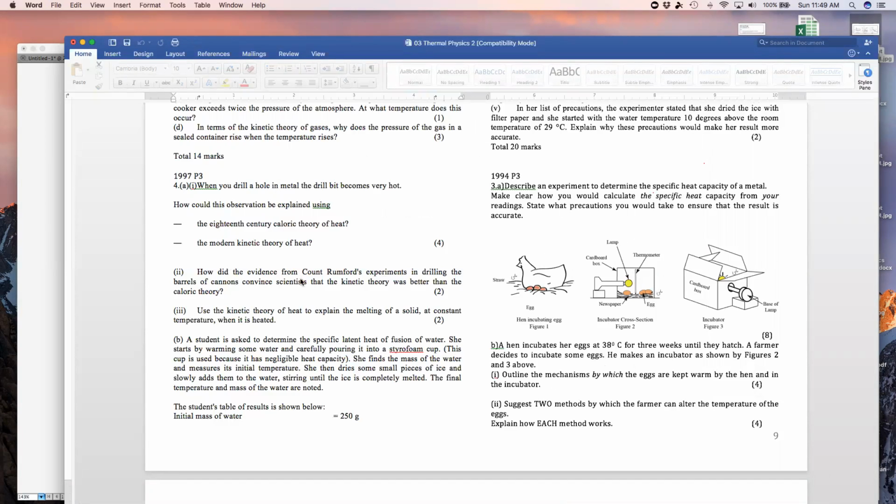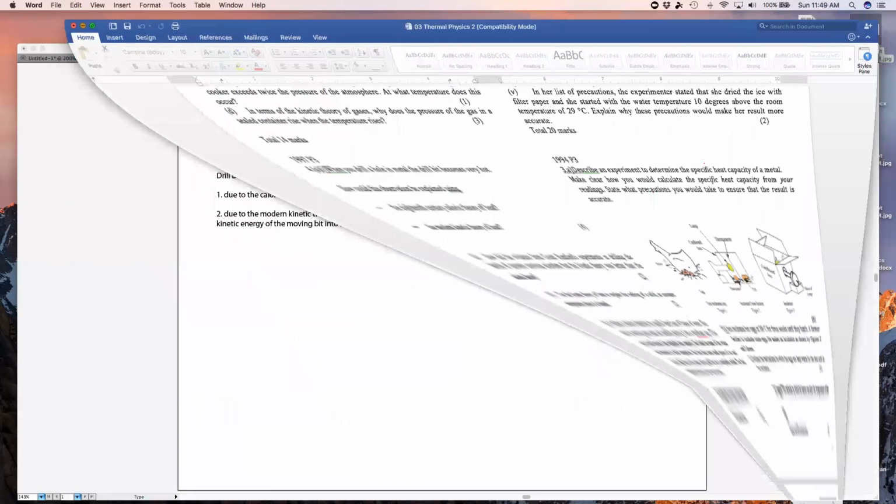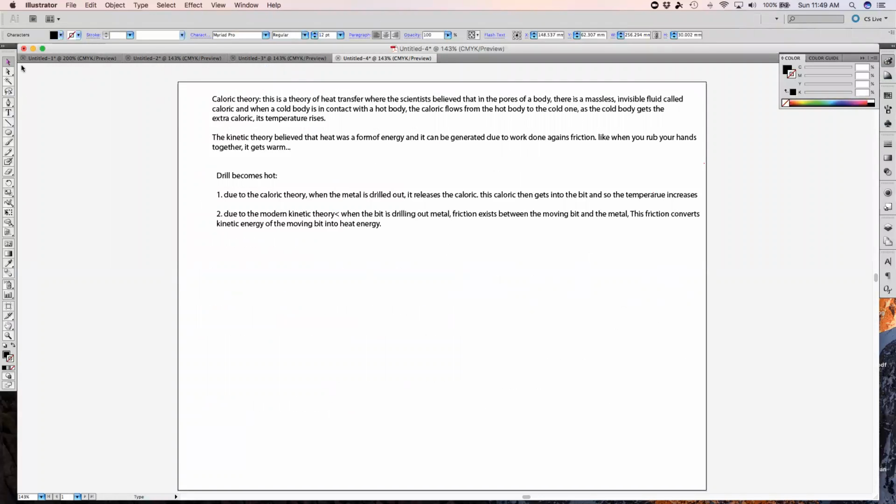So that's how did the evidence from Count Rumford's experiment in drilling barrels of cannon convince scientists about the theory? And what Count Rumford found? Count Rumford found that drilling with a sharp bit produces less heat than a dull bit. And his explanation